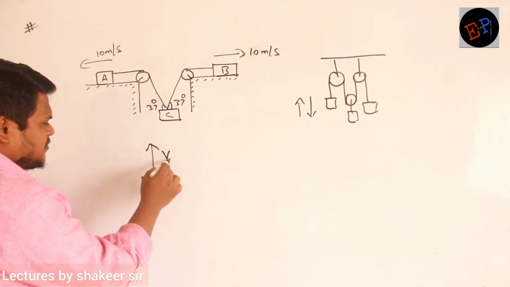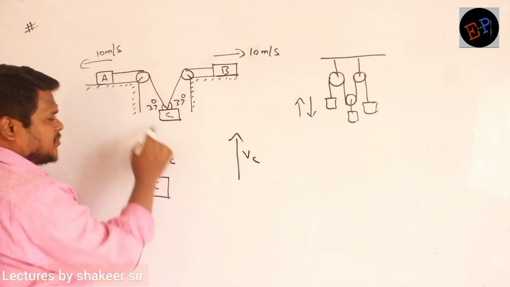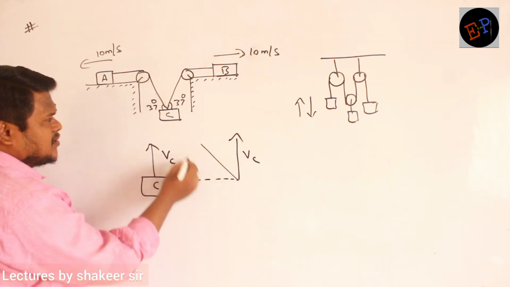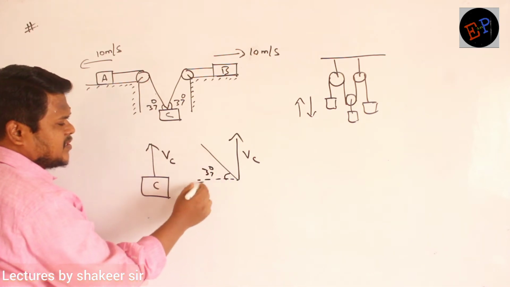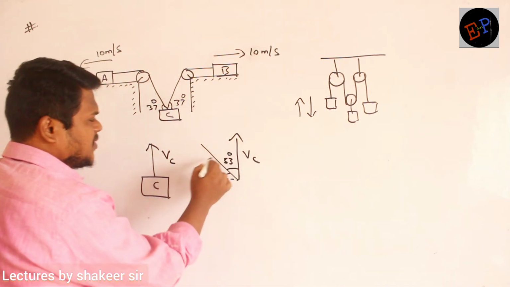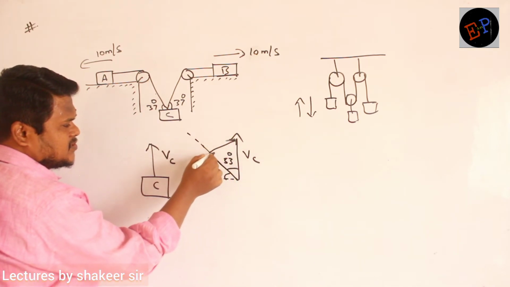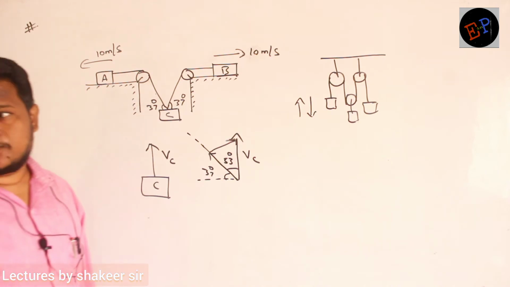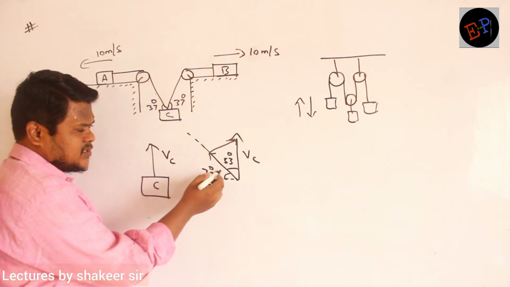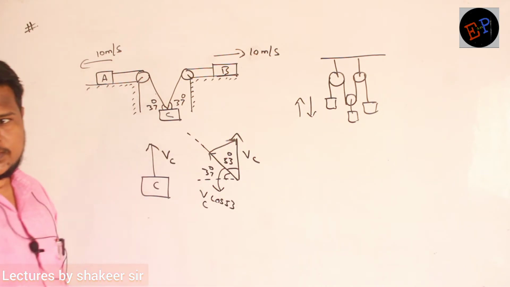So this is the velocity of block C, and you take one rope. This is the first rope. Clear, no, ma? And the rope is making how much angle with respect to horizontal? It is making 37 degrees. If it is 37, what is this angle? 53 degrees. So split VC into two components, in the direction of the rope. This is how I can split. Splitting should be perfect. Are you able to understand, ma? This is how I split this one into two components. Then what is the adjacent component? It is VC cos 53. That's all, no? Are you able to understand, ma?